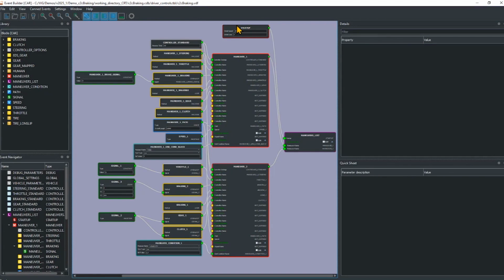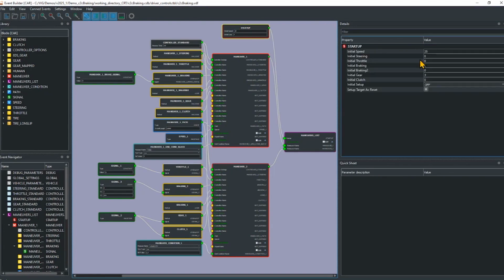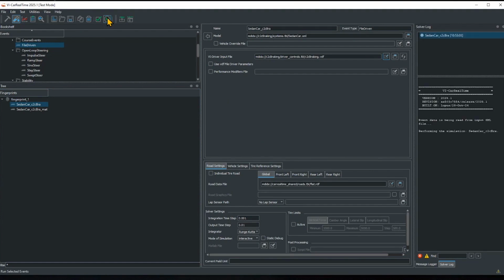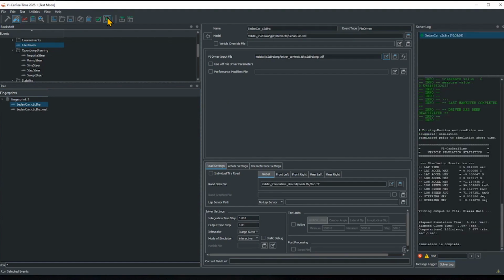This is a two-stage event. It starts with initial conditions. It's got a starting velocity, and the first event is to maintain speed. Then there's a trigger to transition to the second event. It's just open loop, saying after 3 seconds, let's end the first event and switch to the second event. And that second event is coming off the throttle and applying the brakes. So if I run that simulation, and CarRealTime runs very fast, faster than real time,